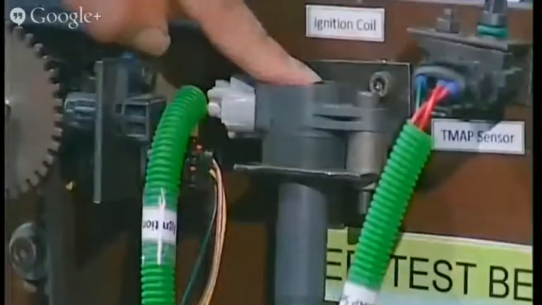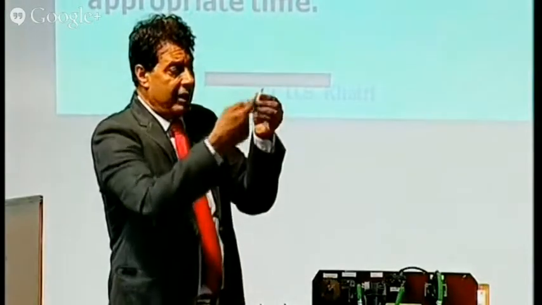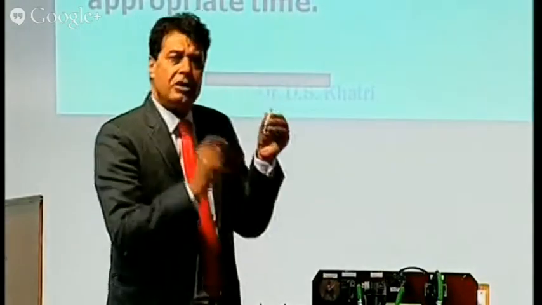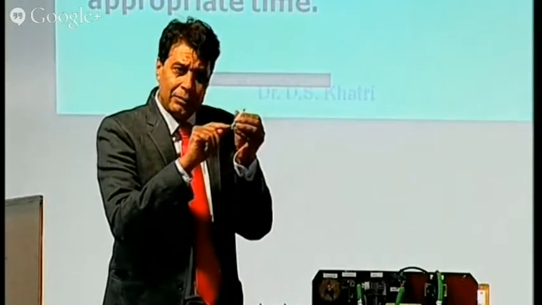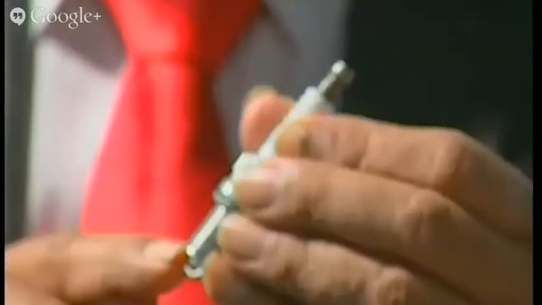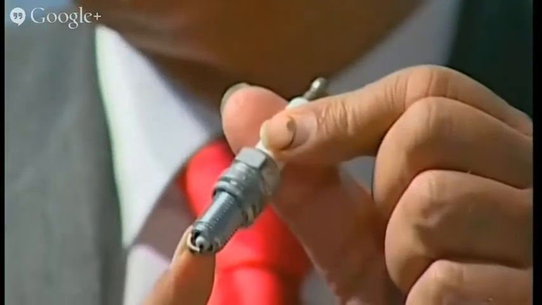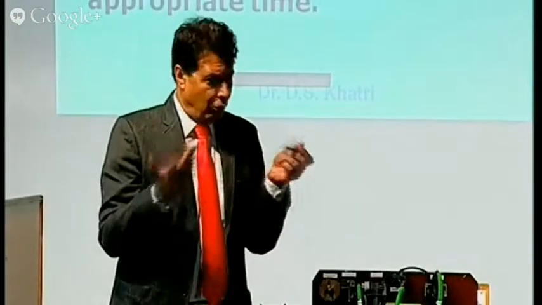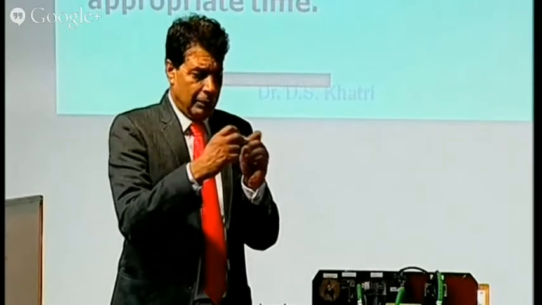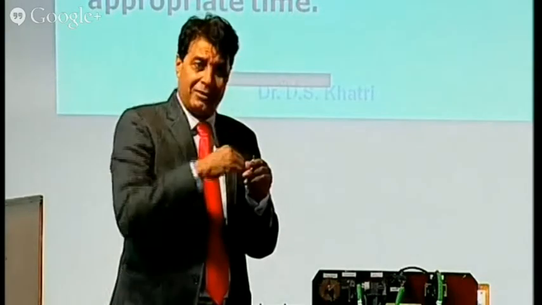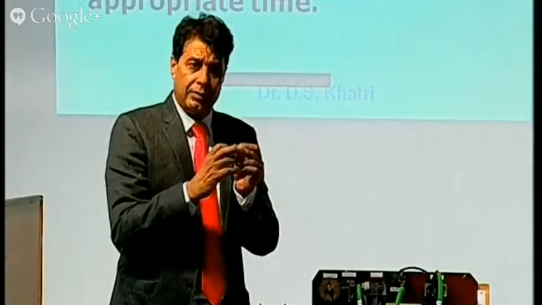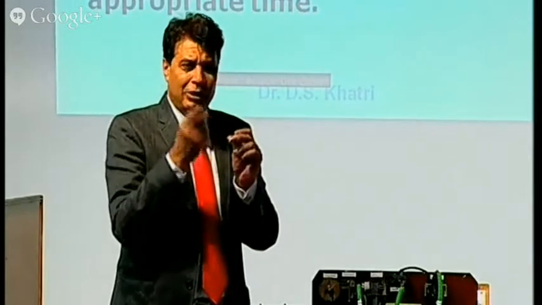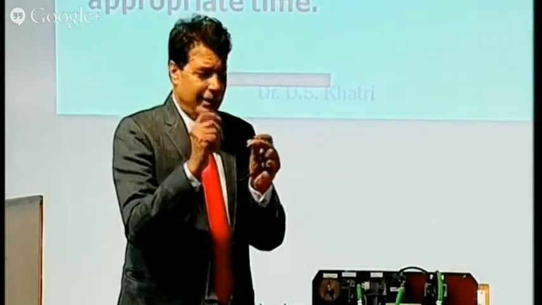So when this high voltage is passing through the central electrode and the side electrode is grounded, it creates a path. If I give you 12 volts, do you think a spark will occur? No. If 1000 volts? No. I can give a wider and wider gap if I have more voltage.